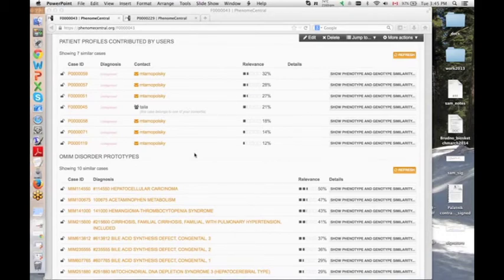I think they might be asking whether you could see some kind of trending. So, for example, if we start to see, and I'm going to sort of make this up because I'm not exactly sure, but if whole exome studies start to show pockets of children with certain autism spectrum disorders in a certain area, would you be able to start to see those trends?